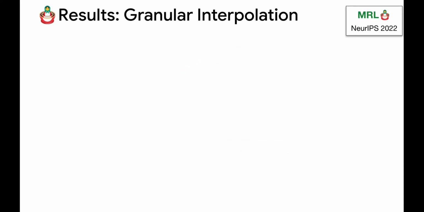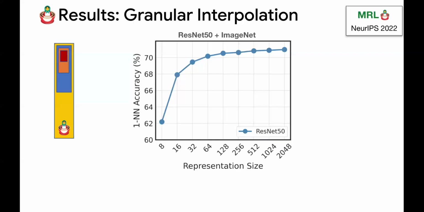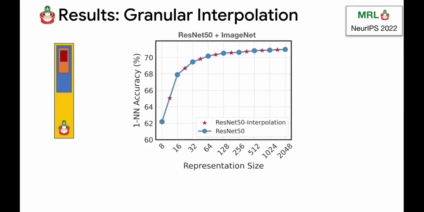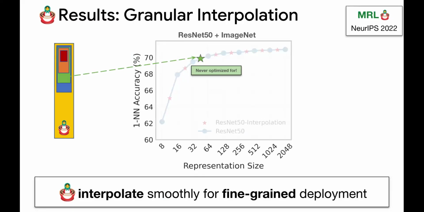And the most interesting experiment in this paper for me is granular interpolation. What I mean by that is, I trained for 8, 16, 32, whatever, up to 2048. But someone comes to me and says, hey, I want to deploy a search system with 48 dimensions. What do I do right now? And this answers your question as well: do you need more granularities to train if someone wants 48 dimensions? The answer turns out to be no. You can literally take the first 48 dimensions and it falls on the curve. And it's as good as a 48-dimensional baseline you can ever train. So it has a smooth interpolation.